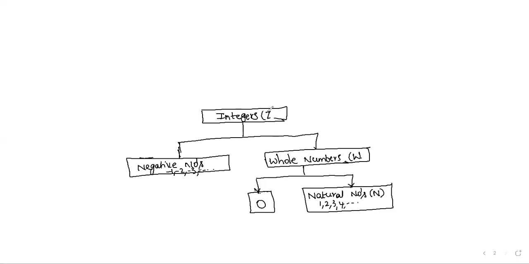Integers are denoted by Z or I. And again, the combination of these two,